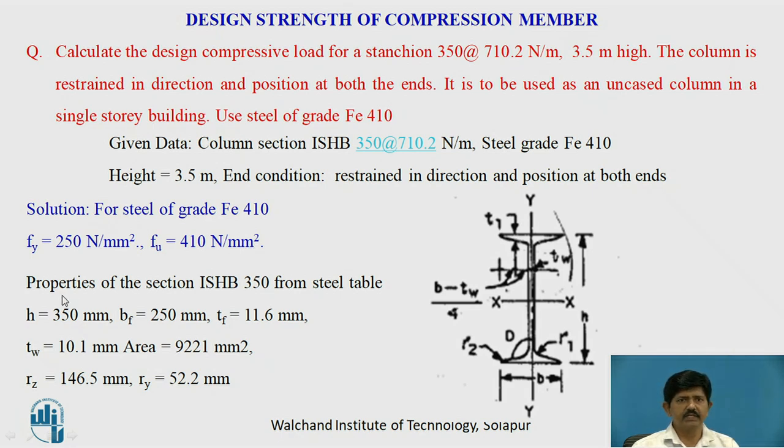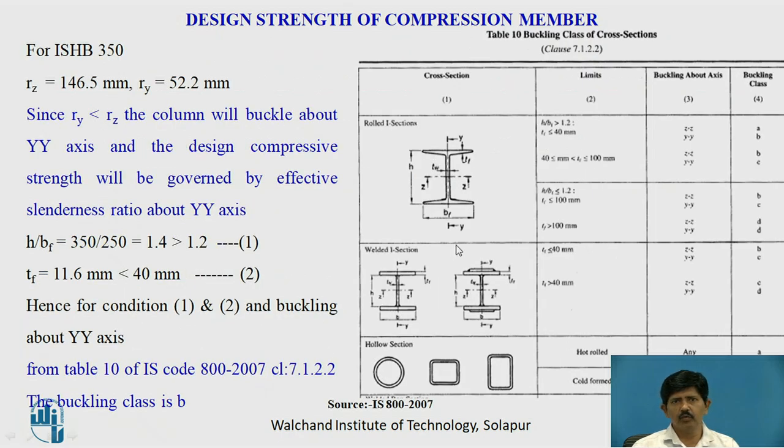The properties taken from the steel table are as follows. First we have to identify which buckling class it will be. So we know the rz and ry values. The ry value is less than the rz value, so the column will buckle about the YY axis, and the design compressive strength will be governed by the effective slenderness ratio about the YY axis. For this, a table is given, table number 10 of IS 800 2007,